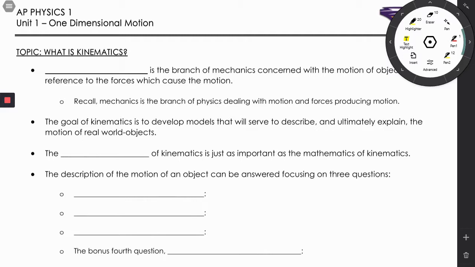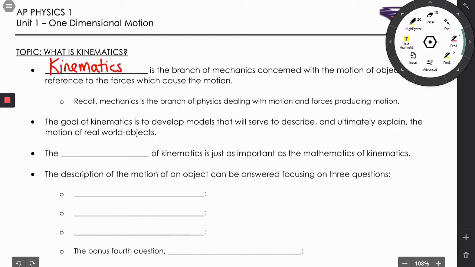Okay, so what we're going to talk about here now is one-dimensional motion. It is the first of the big motion topics here in AP Physics 1. The first one will be one-dimensional motion, the second one will be two-dimensional motion. So this is the whole study of kinematics, or part of the study of kinematics. So kinematics